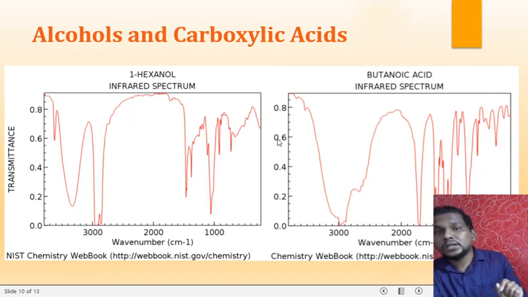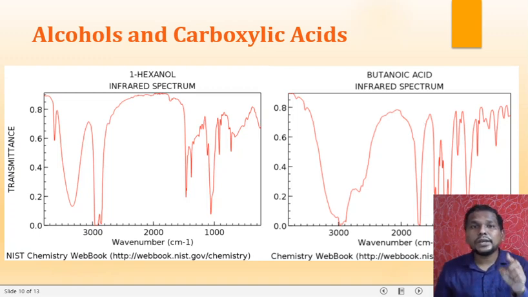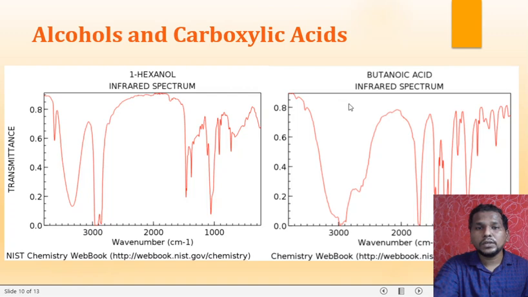As well as that, in carboxylic acid, as we just discussed, we have the C double bond O group, so that must come around 1700. So the sword shape is coming around 1700. This is going to confirm that it contains a carboxylic acid. So this is the clue for how exactly you are going to differentiate between alcohols and carboxylic acids.